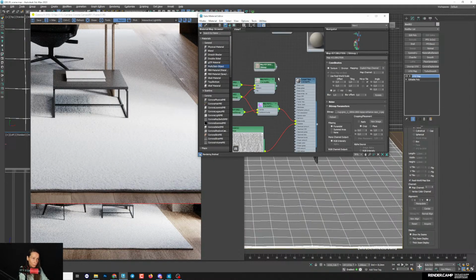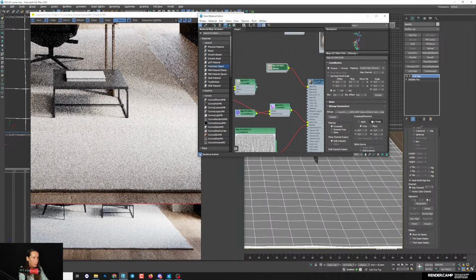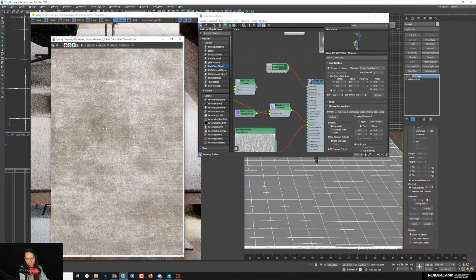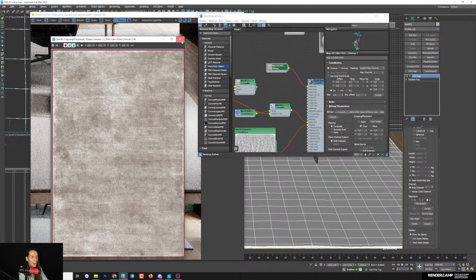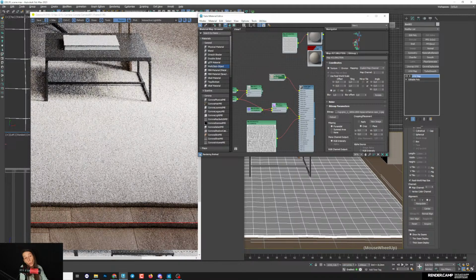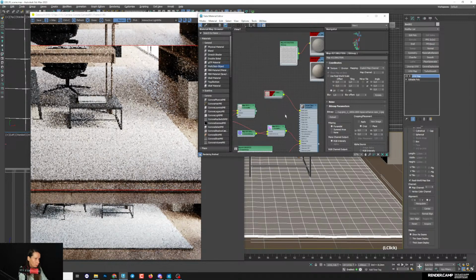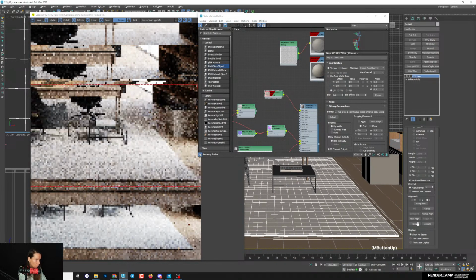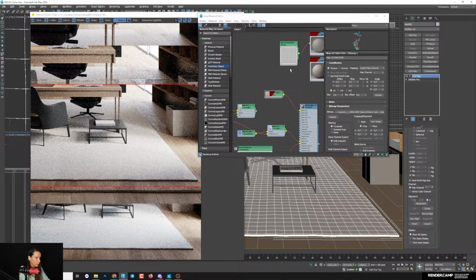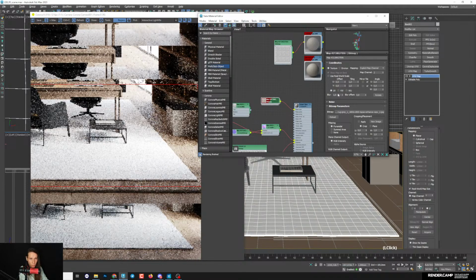The good news is that we probably won't need any composite map here, because this one already gives us a lot of dirty parts of the map, so in this case maybe we will need to use only one map. But you can always make it more complicated and interesting by editing and working with more maps. But I don't see this texture in the floor, in the carpet, because we're using our real world texture. So let's change the map channel for this